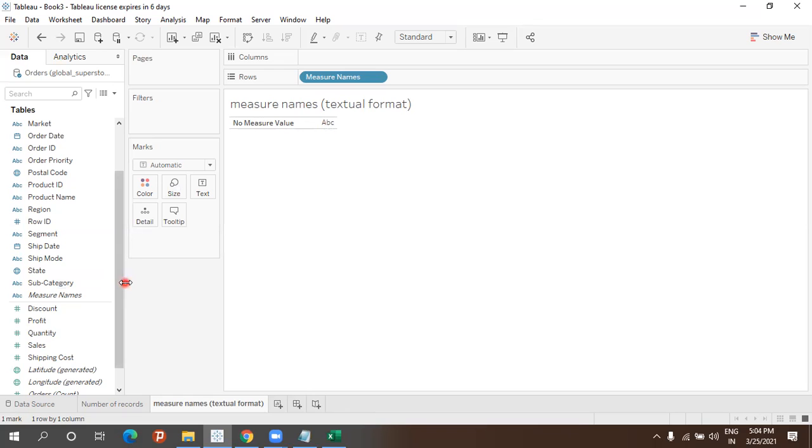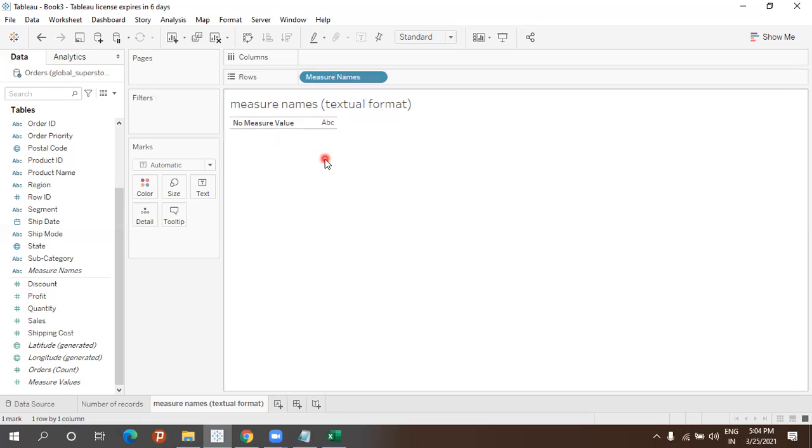Okay. So in this case, what I will do is come to the bottom of the measures. We are finding the records based on the measure names. We have taken measure names and dropped them into rows, then come to the bottom. It says there is no measure values. So from where can we take the measure values?